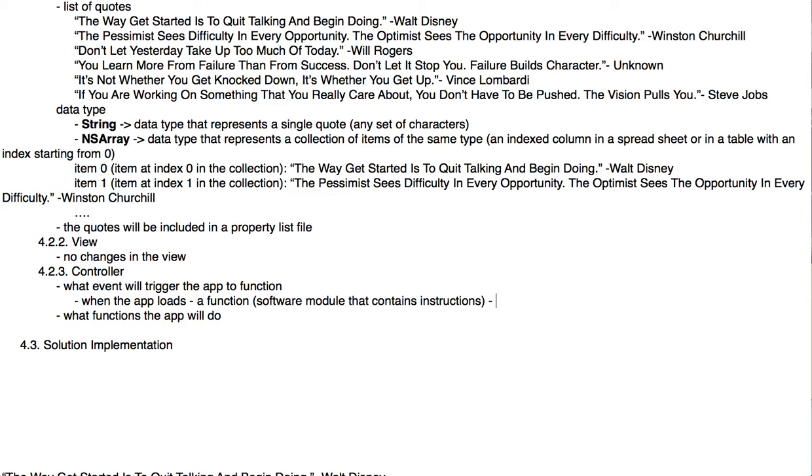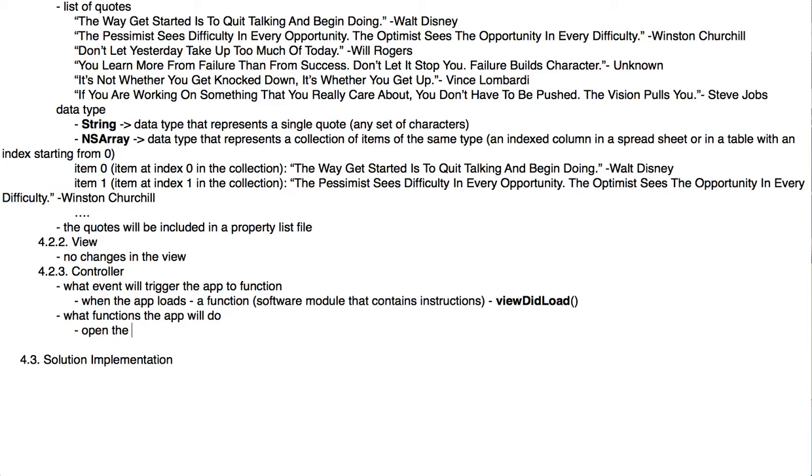So there is a built-in function called viewDidLoad, and you will see that function, and this function is automatically notified when the app loads. So what will the function do, or what instructions do we need to use? We will need to open the quotes file and load the quotes